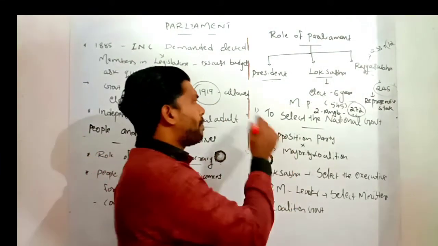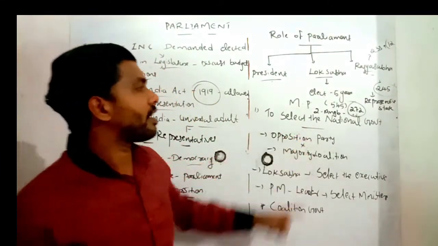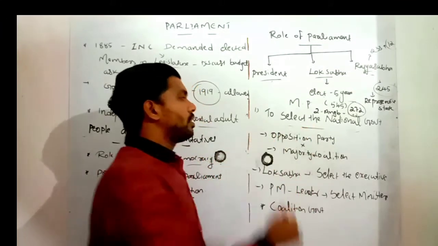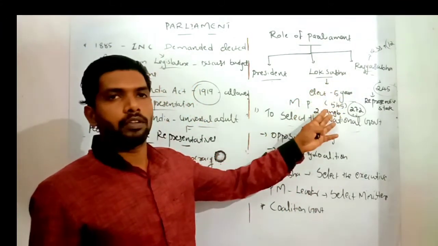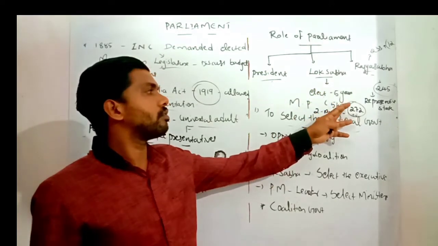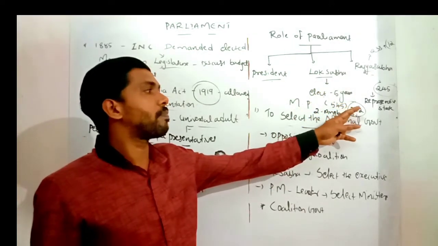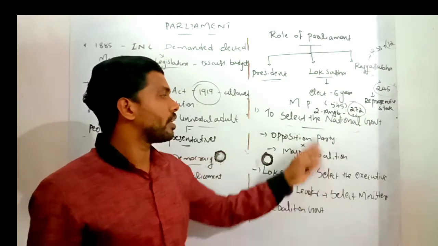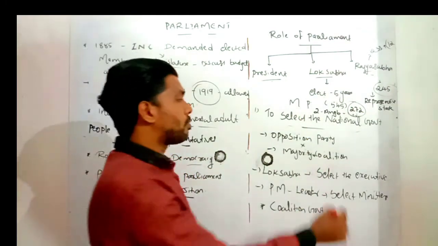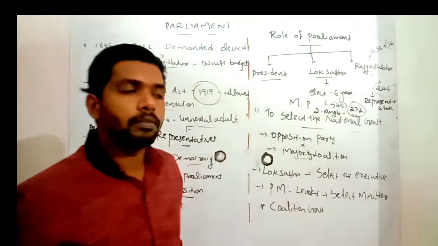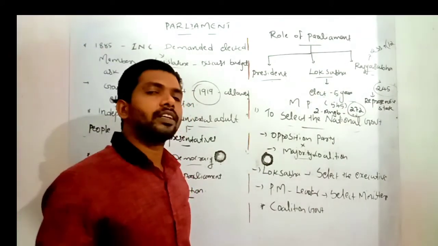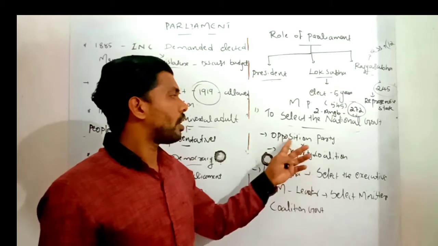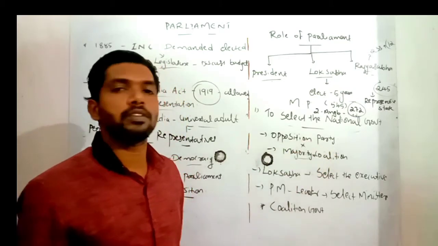The parliament's first role is to select the national government. We discussed that every 5 years there will be an election. In that election, out of 545 seats, the party that gets 272 can form the government. That party is commonly called the majority party or ruling party or coalition government. And those in the second position together form an alliance that is called the opposition party.